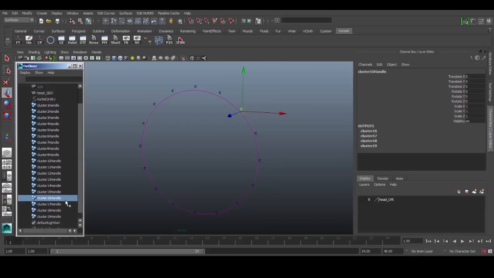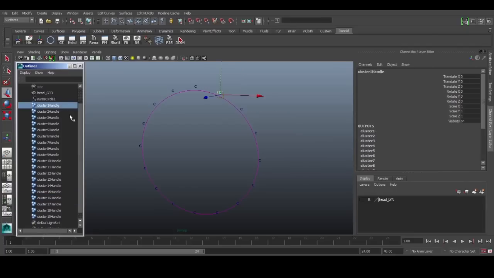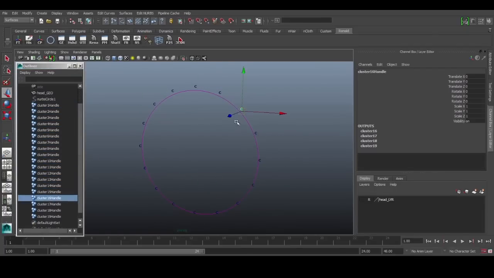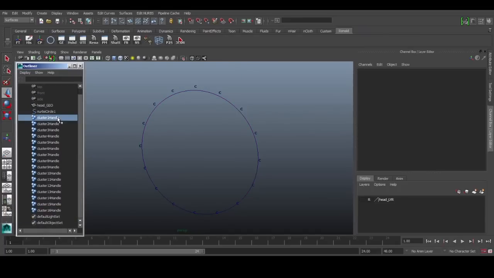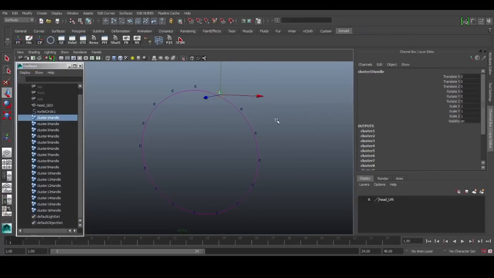You will see that 1, 2, 3, up to 16, and that's done. But we have 17, 18, and 19 all on the same CV, so that's a little bit strange. We'll just select the last 3 clusters and delete them, and there is no issue there. We have 16 clusters for this curve.